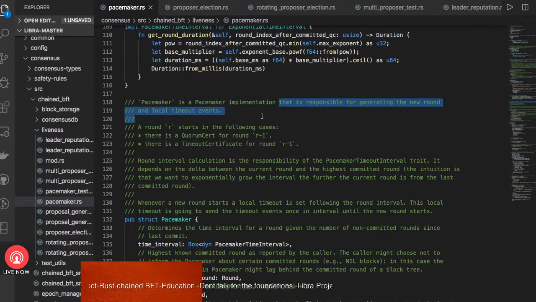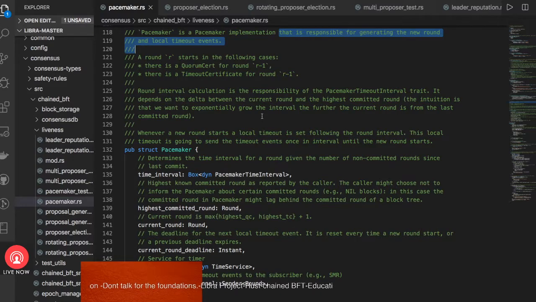It's a practical way to handle generating rounds, and also to keep the highest committed round. This highest commit round is for reaching consensus in a heuristic way, in a safe way also, and for making the liveness concept